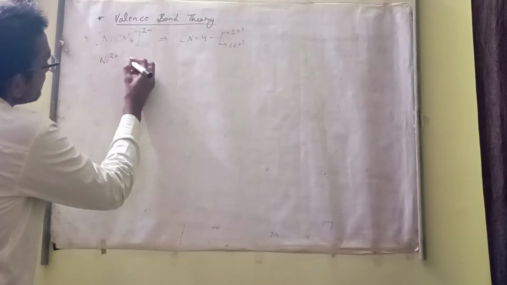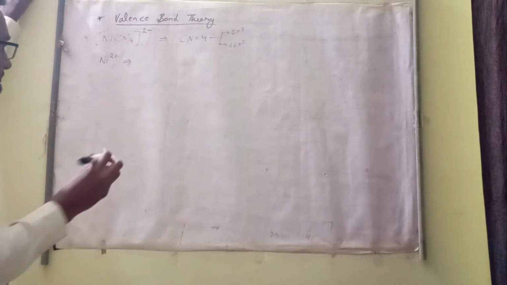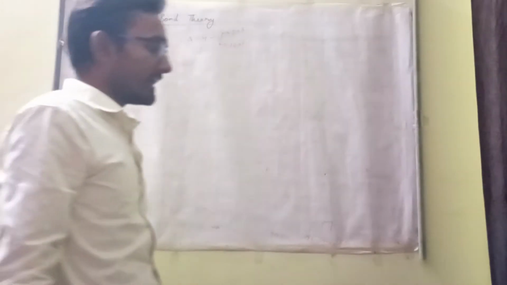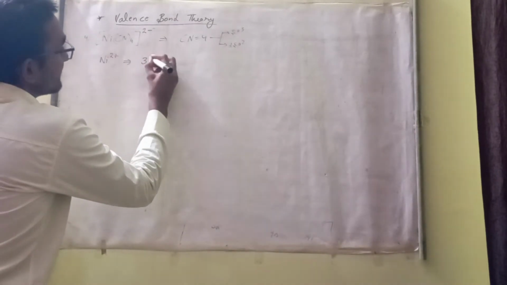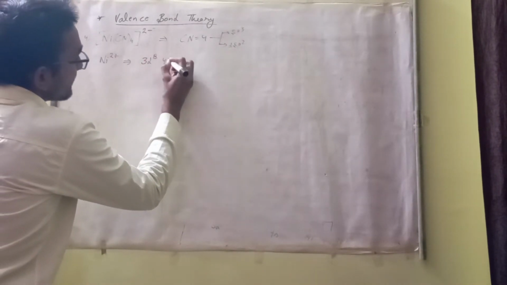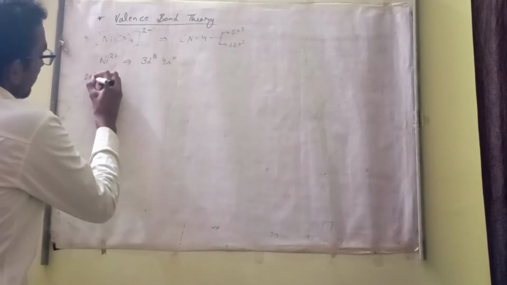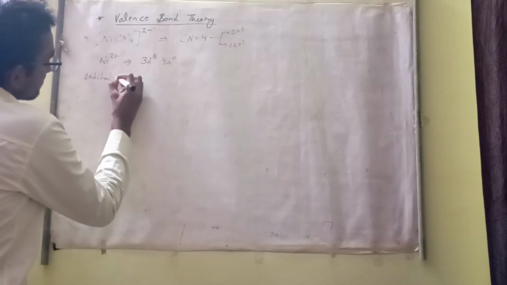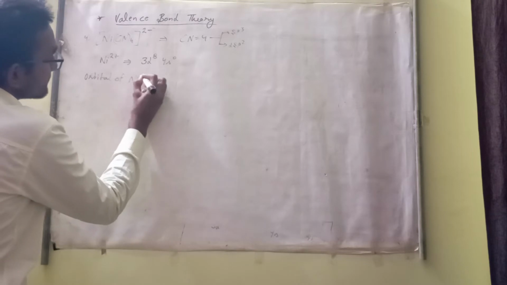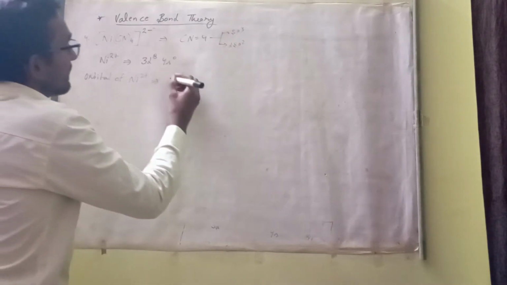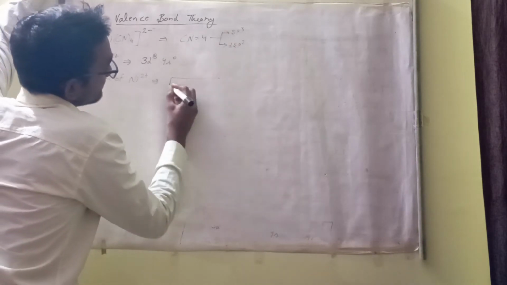Nickel is in the +2 oxidation state and the electronic configuration is 3d8 4s0. The orbitals of nickel 2+ are 3d,